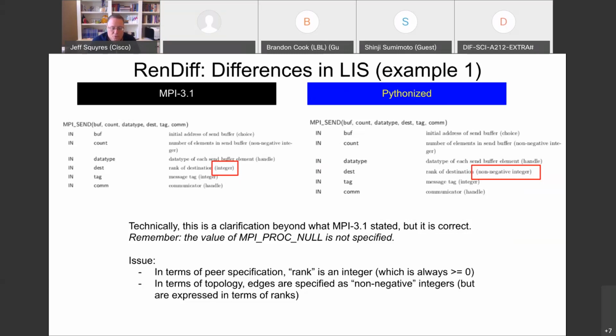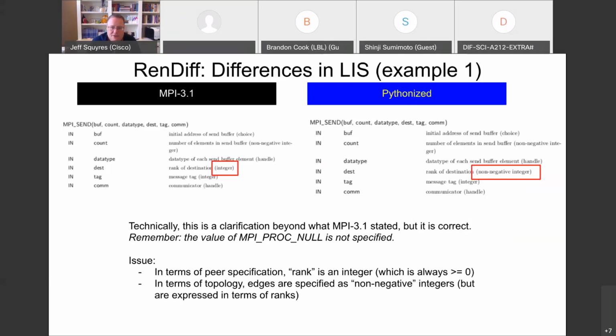And so we get to this point of like, all right, well, in some places do we say integer, and in other places do we say non-negative integer? No, our conclusion was we should describe ranks the same way all the way through. And so let's put non-negative integer everywhere where a rank is intended. So technically, this is a clarification beyond what MPI 3.1 says, but it is correct.